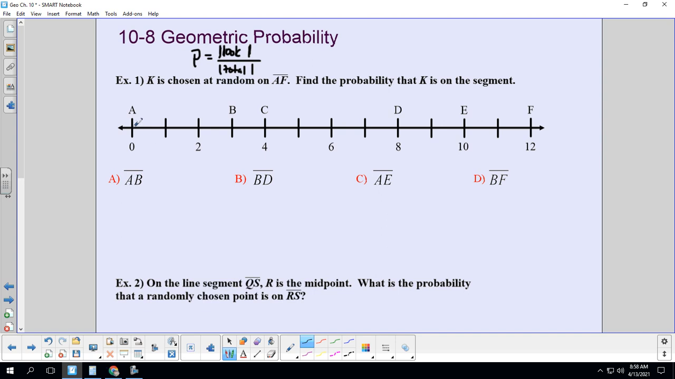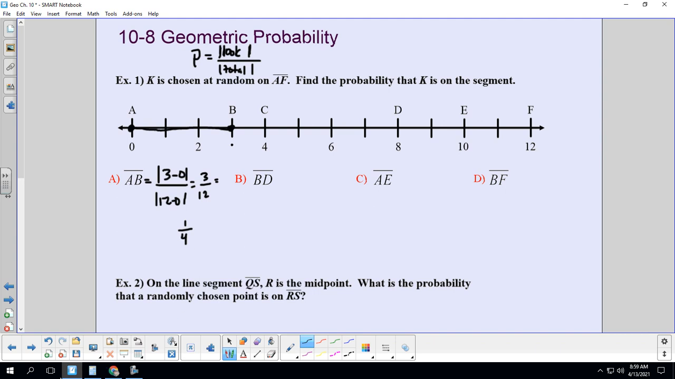So for A to B, that's right here. The distance from A to B is going to be 3 minus 0. And the distance of the whole thing from A to F is 12 minus 0. It doesn't matter which one you put in first because you're taking the absolute value. I just like to put the bigger one in first, so when I'm minusing it, it's less work. 3 minus 0 is 3. 12 minus 0 is 12. 3 over 12 is